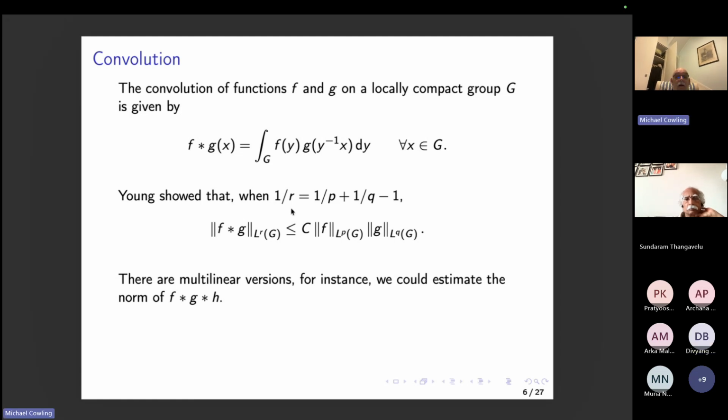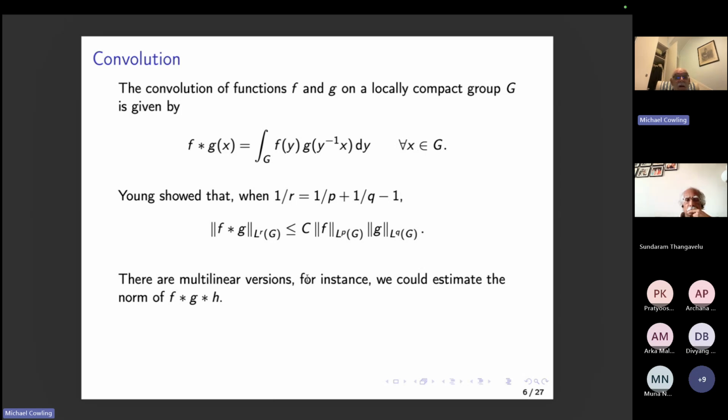And there's Young's inequality for convolution that says that you can estimate the norm of the convolution product of two functions in one Lebesgue space in terms of the norms of the two functions in other Lebesgue spaces, and the condition is that 1 over r is equal to 1 over p plus 1 over q minus 1. And so that's a standard inequality in